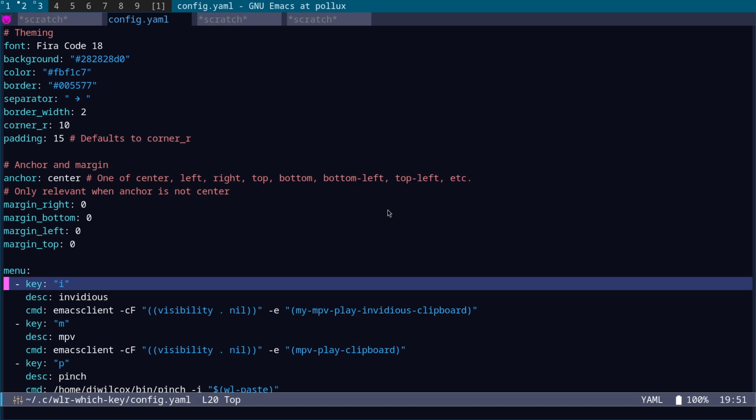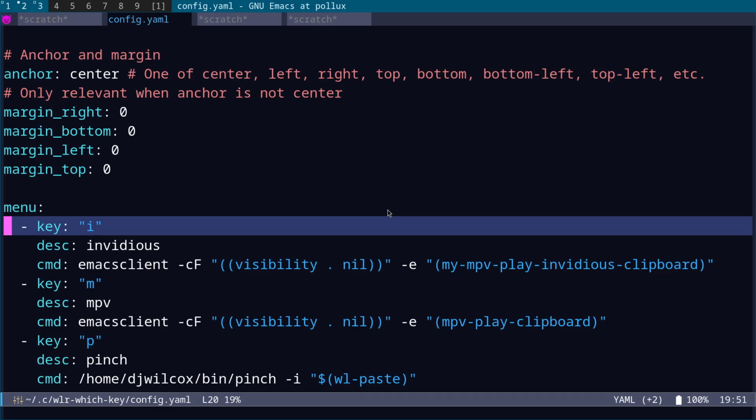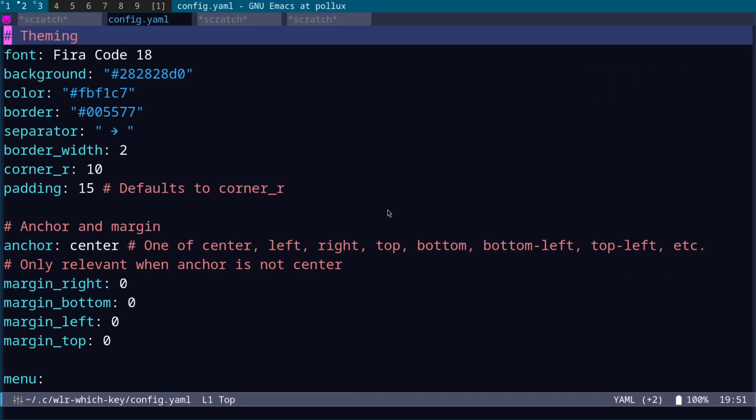If I zoom in, what you'll see, again, wlr-which-key is a wlroots-based application. So it won't work on GNOME or KDE, but you might be running KDE on FreeBSD. I know some people do, and I really don't know why, because it's awful. That's just my opinion. I always found it really bloated, a bad desktop. But this is how we can theme